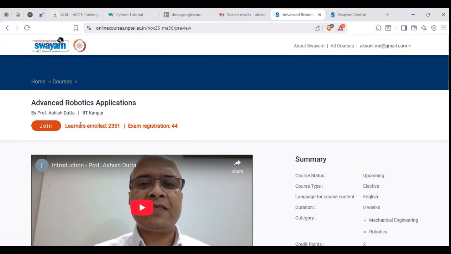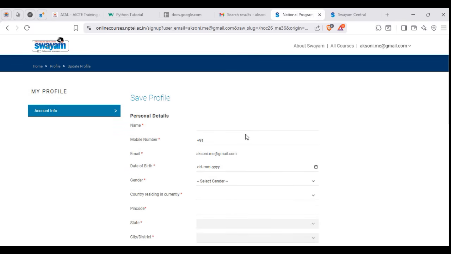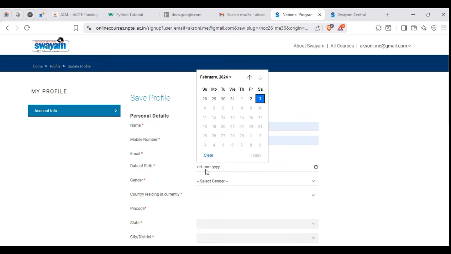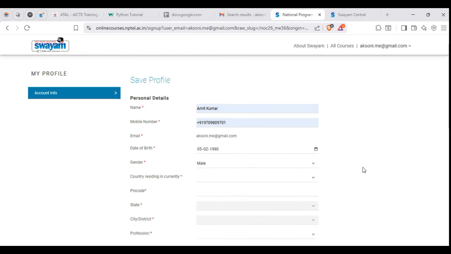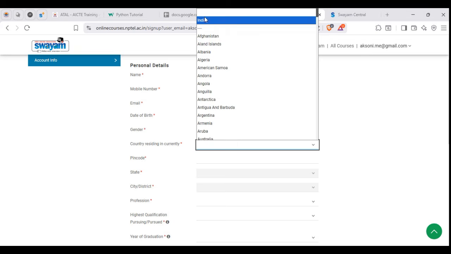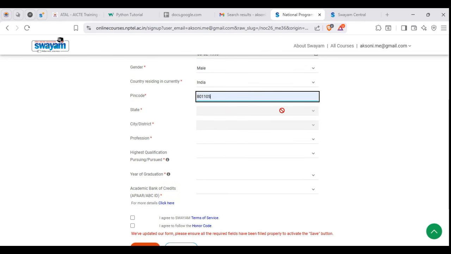Now how can we enroll? You have to click on the join option, and when you click on the join option, you will have to write this information here in this form, like name, your number, your date of birth, your gender, your country, your PIN code, your state,